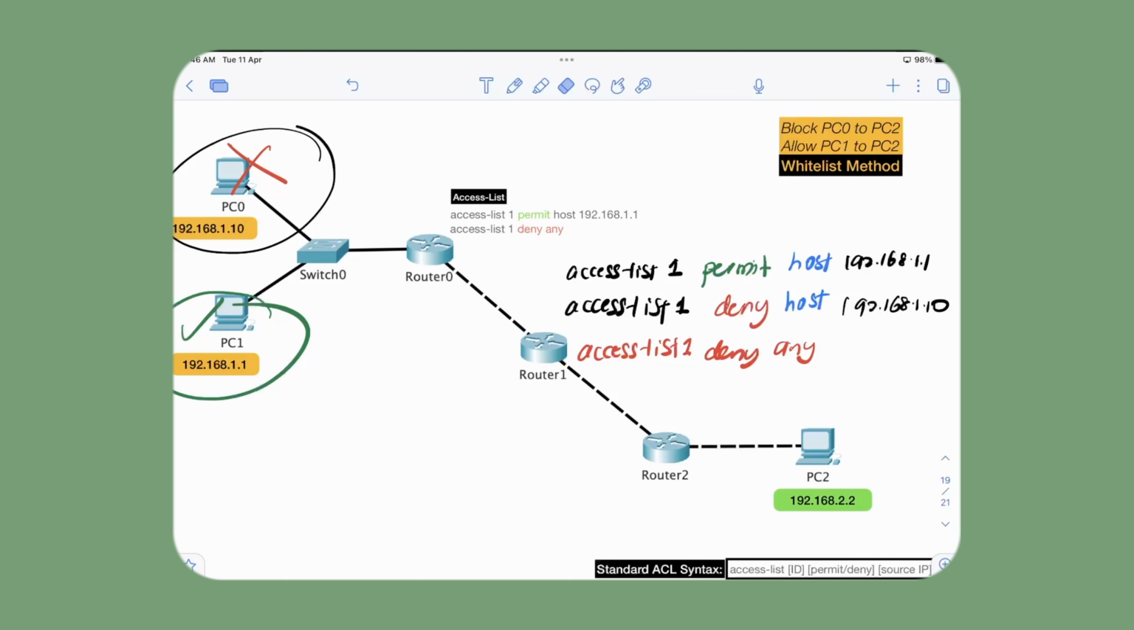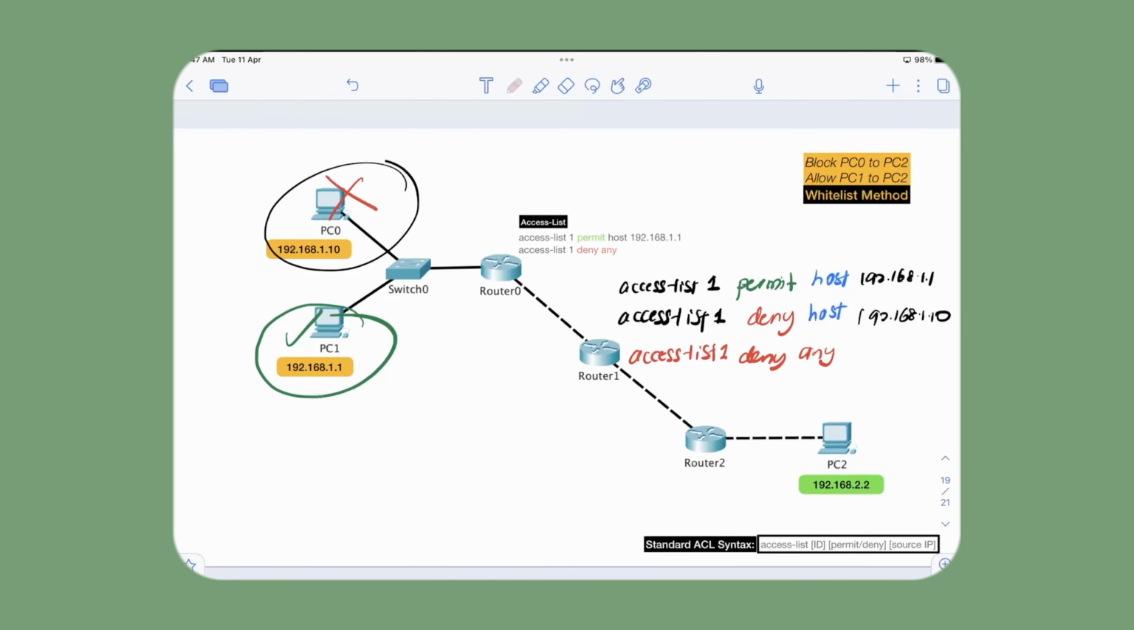So if you look at this one here, if I start from the first line, the router will now know if you are 1.1, which is PC1, right? I will allow you. If you are 1.10, I will block you. The last line, if you are any IP, like 1.2, 1.3, 1.4, all I will block. Right or not? So if you really think about this, in fact, this statement is now redundant because the last line will also somehow block PC0. Right or not? So even if you don't write the second line, the last line is already going to help you